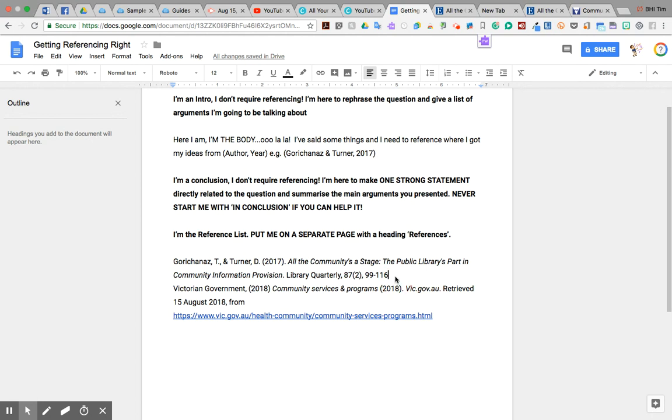For the end of text reference, I've got 2 references in here. So one is a website and one is the journal article we were just looking at. Now, I've built these references, so I've got the authors or the organisation, the year in brackets. There should be a full stop after those brackets. The title of whatever I'm looking at is in italics. Now, this is for APA. In Harvard, it has a slightly different format. So be aware that I'm talking about APA. I'll show you where to find the Lib Guides. And then this is the journal that it's come from. So this is the article, remember?